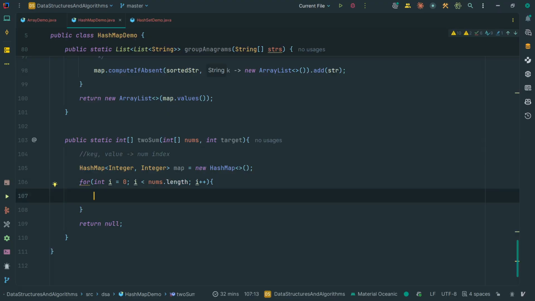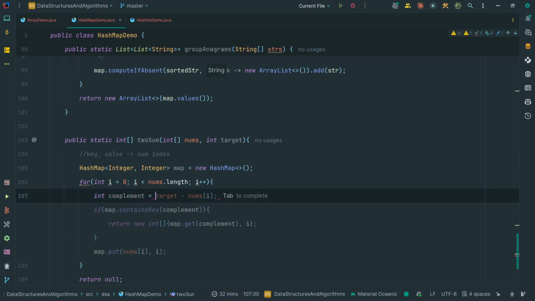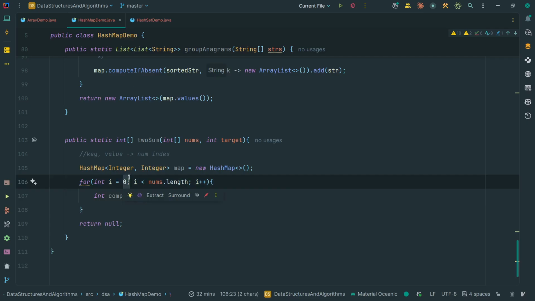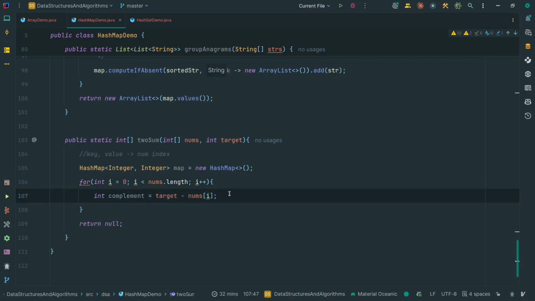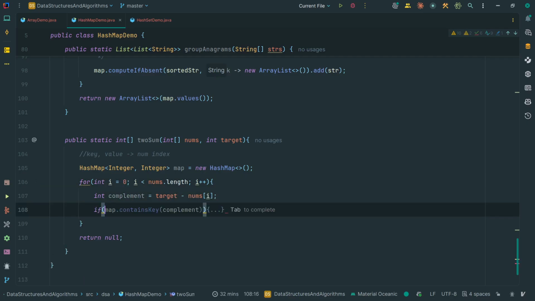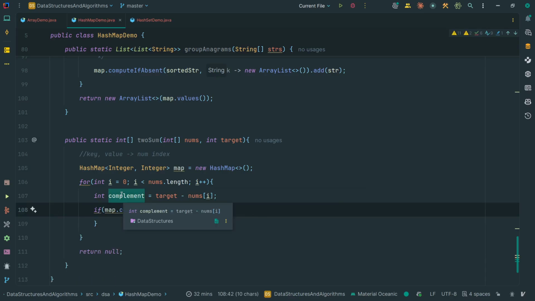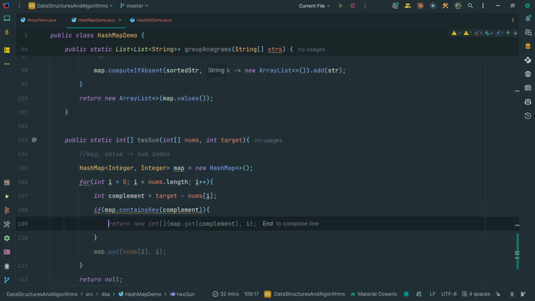So we look at this here. What we are doing is introducing the concept of getting a complement, and this complement is simple. It's just the target minus the current number that we are at. So we have 2, 7, 11, 15. We are currently at 2. We get the complement, which would be 7. So we need to check if the complement is in the map, so we do a map dot contains on that complement. If the complement is in our map, we just return